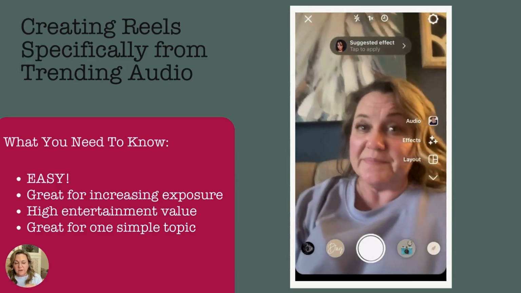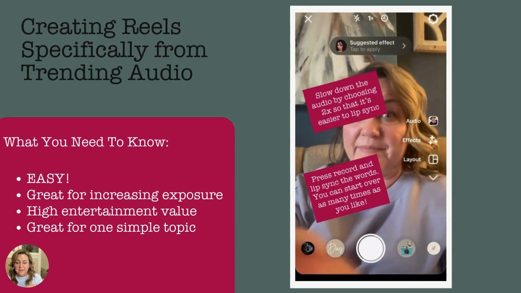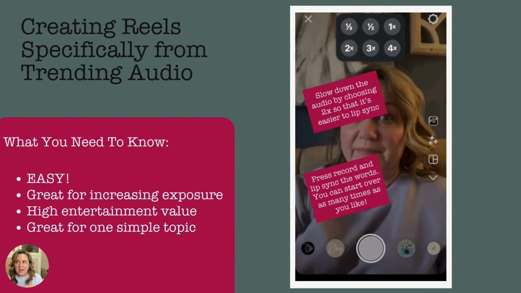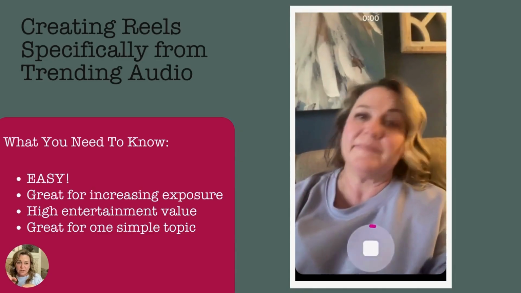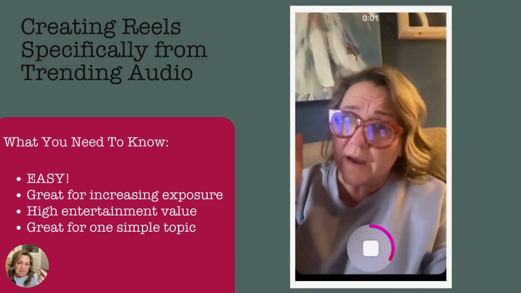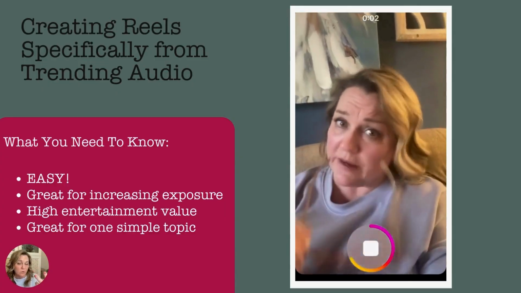Again, let me just walk this through with you real quick. When you see a trending audio that you like from someone else in your reels, you go to the very bottom of the screen where the little rolling audio is. You click on that. You can either save it for later right then, or you can use it right then. If you hit use audio, it's going to immediately open up your camera, record,